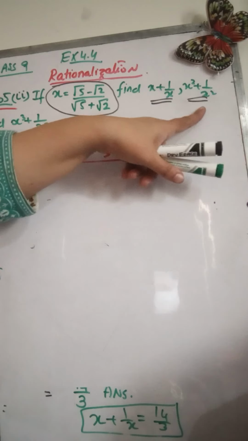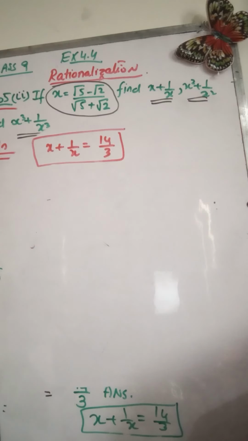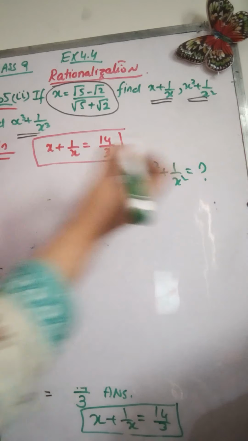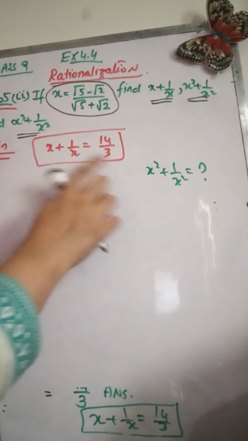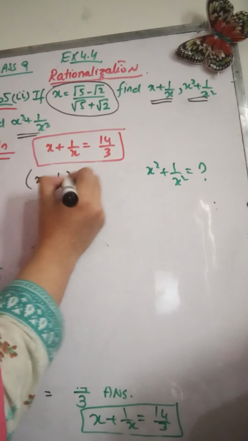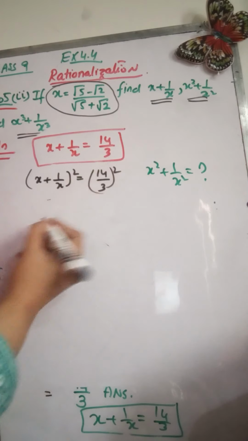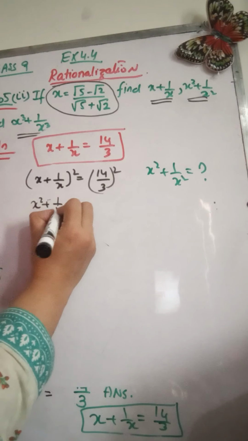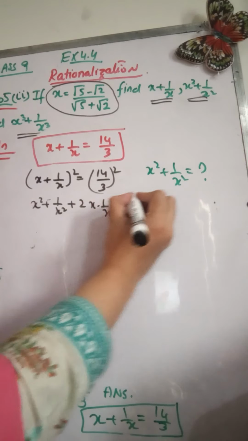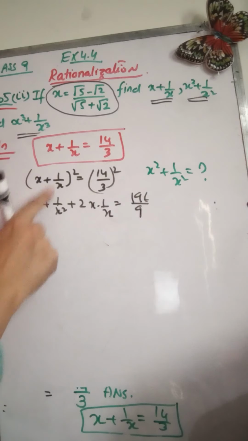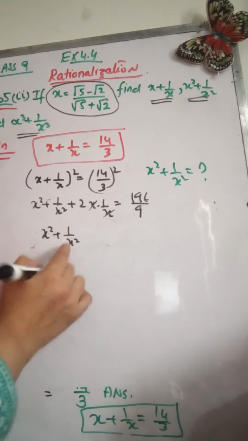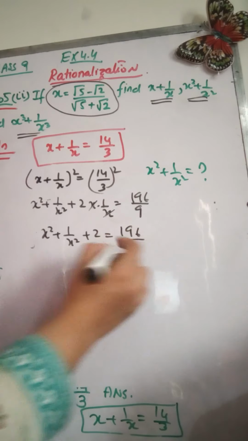In order to find x square plus 1 over x square, we are going to square both sides of this equation. (x plus 1 over x) whole square, (a plus b) whole square is equal to a square plus b square plus 2ab, and this will give us x square plus 1 over x square, shifting 2 to the right side,